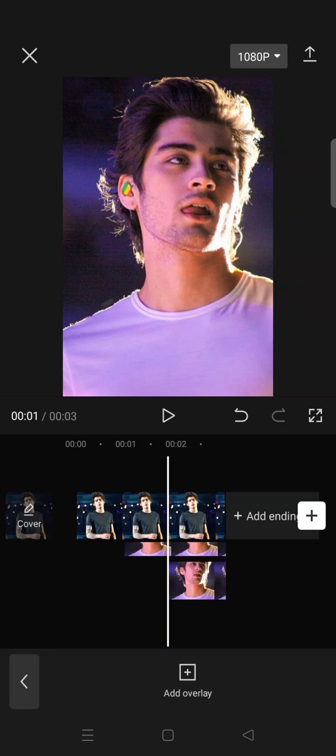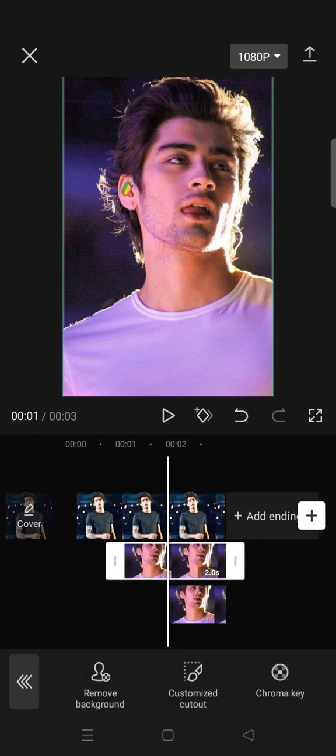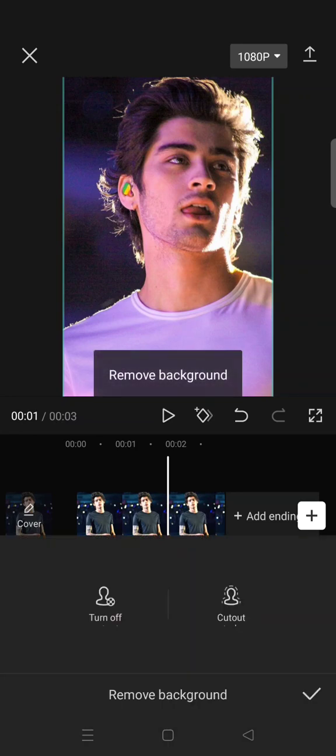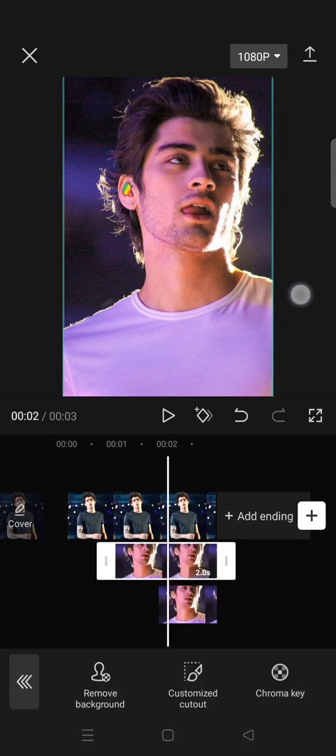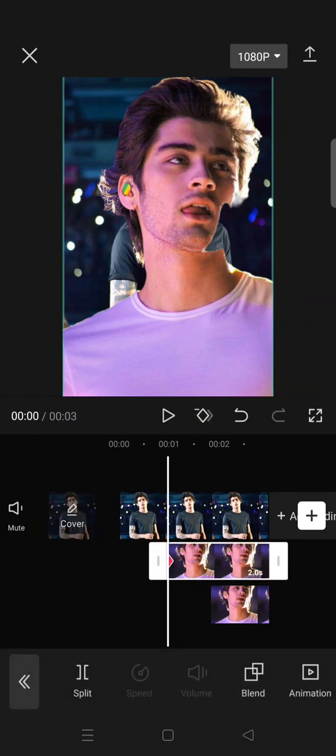Okay, and click on the first overlay and go to cut out and choose to remove the background. Okay, after that add a keyframe at the beginning of the first overlay and then